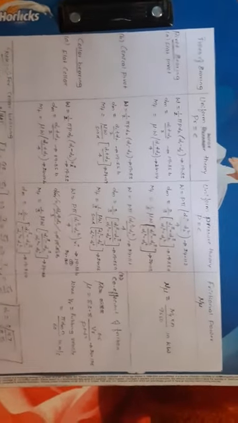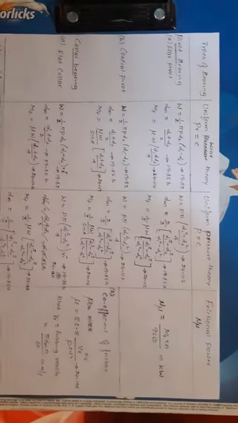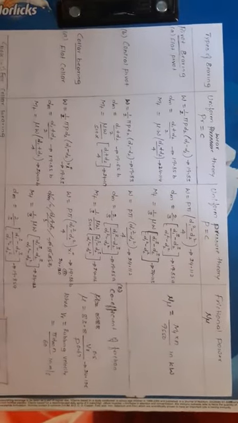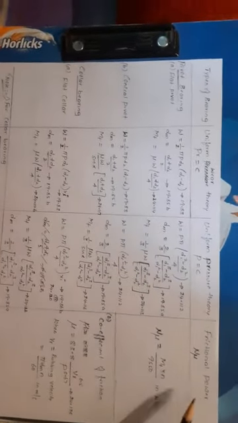Next, now what are the things you remember? Better to remember this table. The first column is the type of bearing, pivot or collar. In that, flat pivot or conical pivot, and for collar bearing only flat collar is there. Then go for uniform wear theory. Design is based on two criteria: one is uniform wear theory, another one is uniform pressure theory. Next one is frictional power. Now according to this only you go for design.